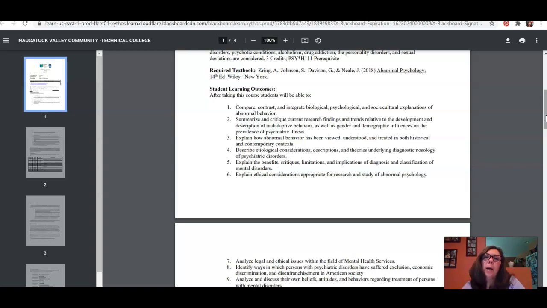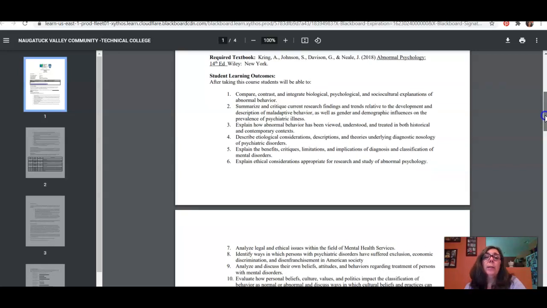There are also digital copies available for much less money, and you can rent either a hard copy or a digital copy from various sources, and that's even less money. But you will need a textbook, and you certainly will need it by Thursday this week. So make sure that if you haven't gotten one yet, probably your quickest ways to get one at this point are either to download or rent a digital copy, or to go to our bookstore and buy the hard copy there.